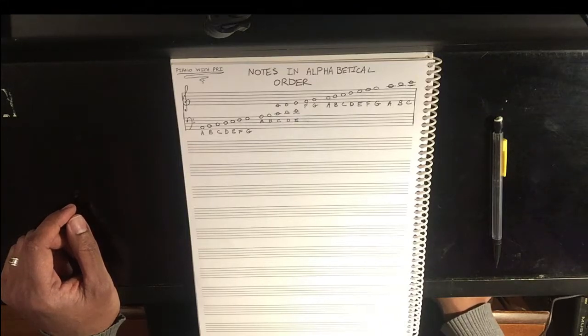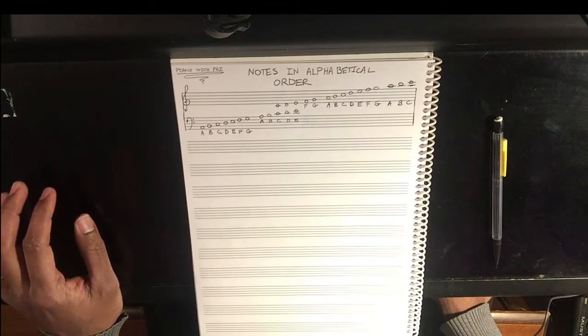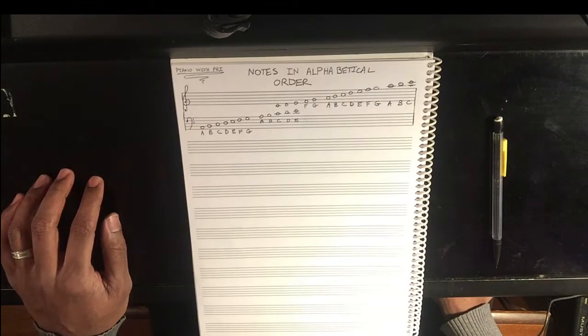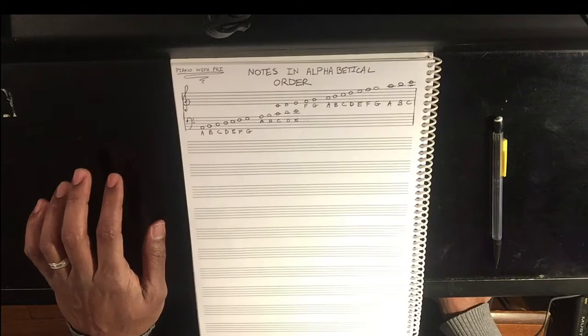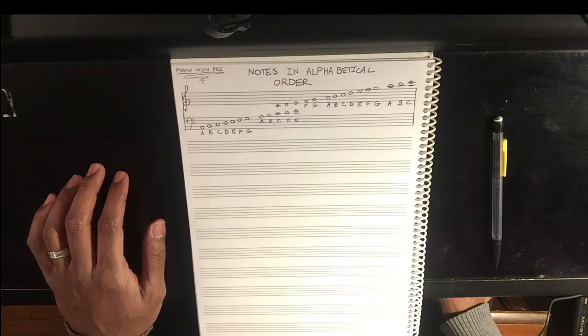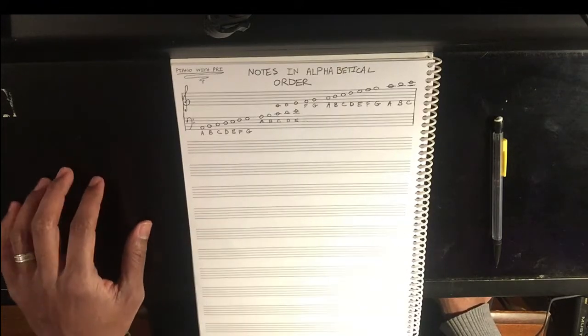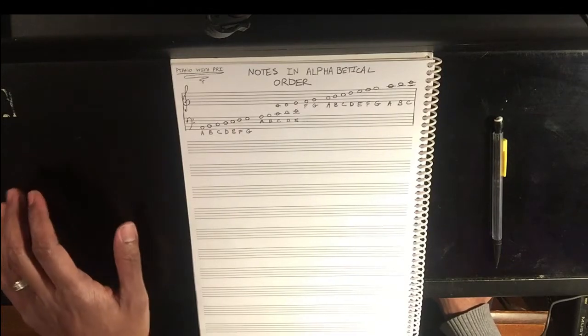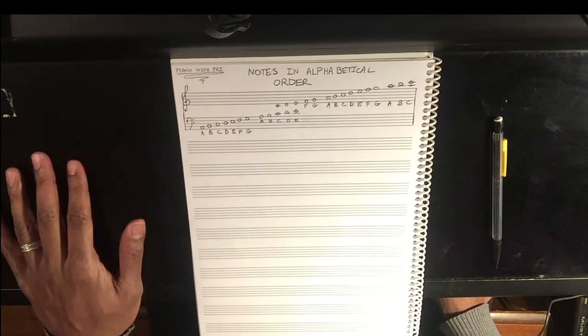So in the Theory Becomes Reality episode entitled Mnemonic Devices, we talked about the little catchphrases that we use to easily recognize the spaces and lines on the bass and treble clef. What we're going to do in this video is move away from that just to make things a little bit easier, more efficient, especially for my high school students and my adult students who are advancing. We don't want to use that extra layer that just takes extra time. What we want to do is just break it down into the notes itself, make it very simple and bare